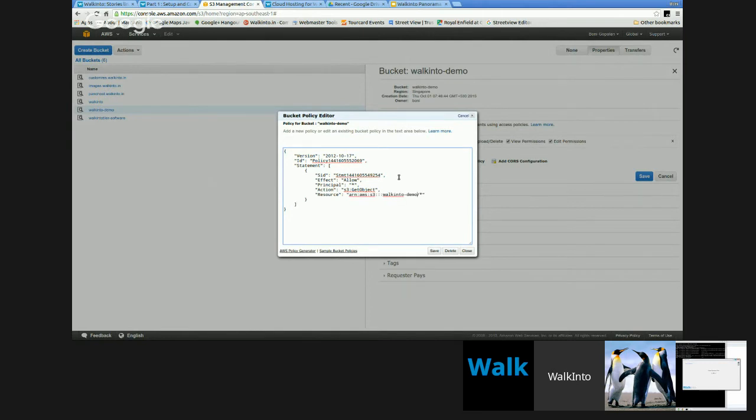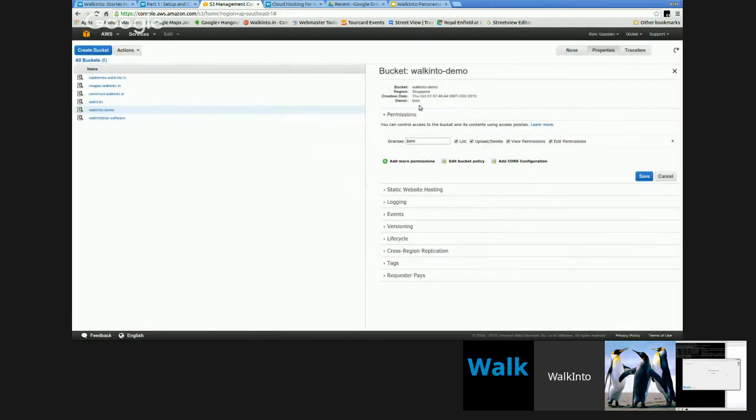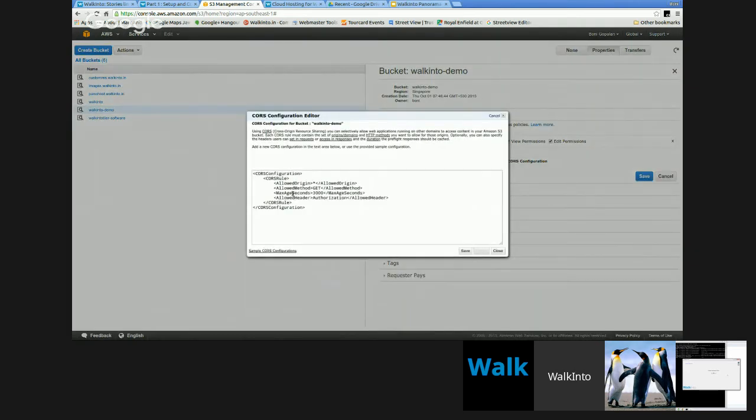Removed it, pasted it back. So now it looks good. Save. It said it's all right. The next is CORS. What CORS gives you is, so now our files are going to be hosted out